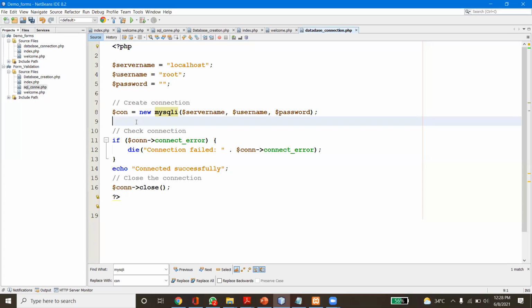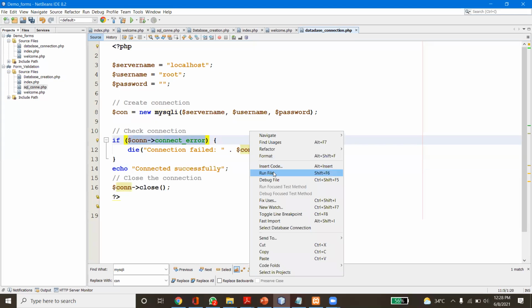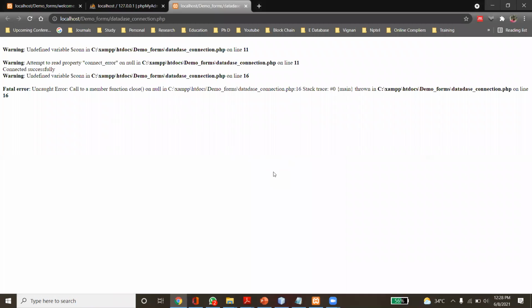Now we have to check whether the connection is created or not. If the connection is created, it will show a message that the connection was successfully created. If not, an error message is going to be displayed. So we are going to run this program. What is the error message we are going to get?